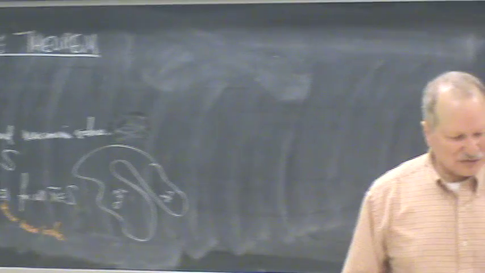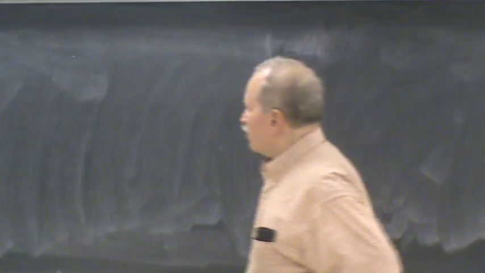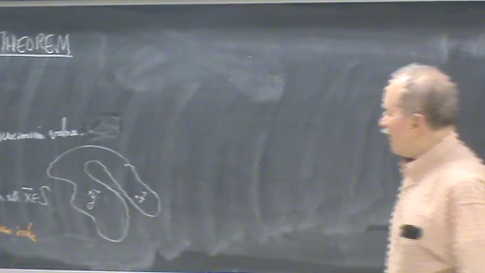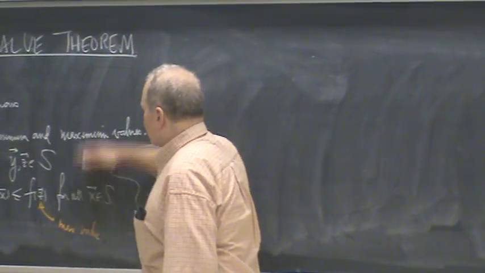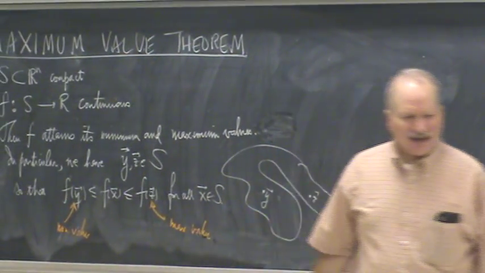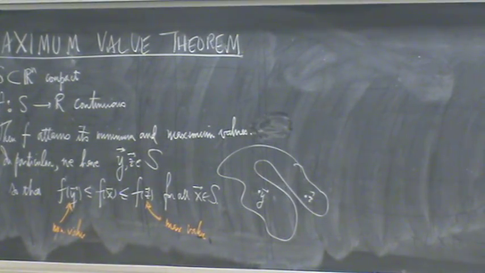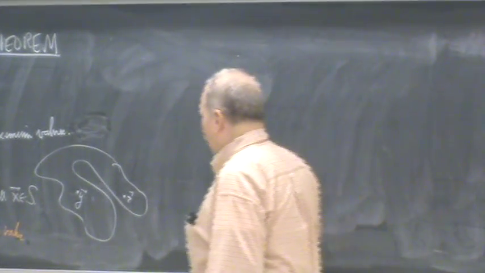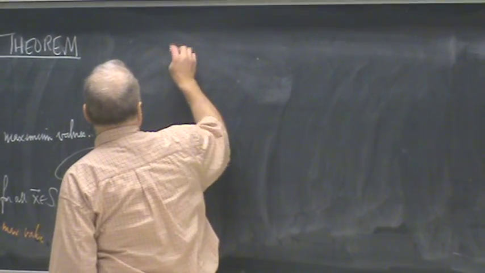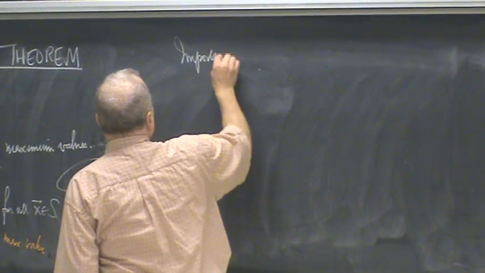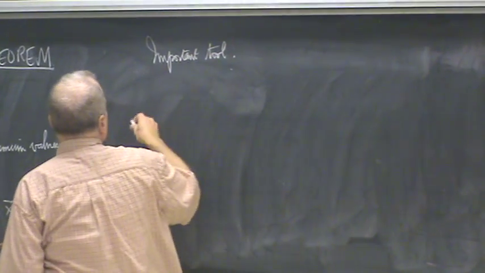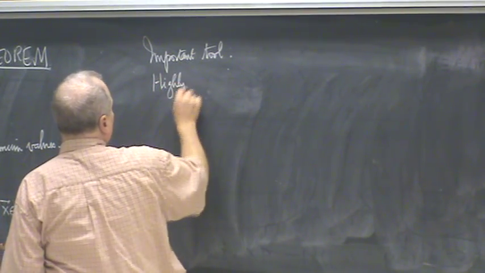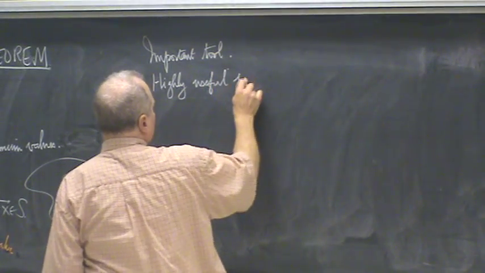Now the proof is going to rely on one very important tool, and although I'm holding everyone responsible for the proof of this theorem per se, the proof of the tool, which we'll do in a few minutes, is not going to be part of what you're responsible for, other than to understand it and be able to use it. So the important tool, which might be referred to as a highly useful proposition,